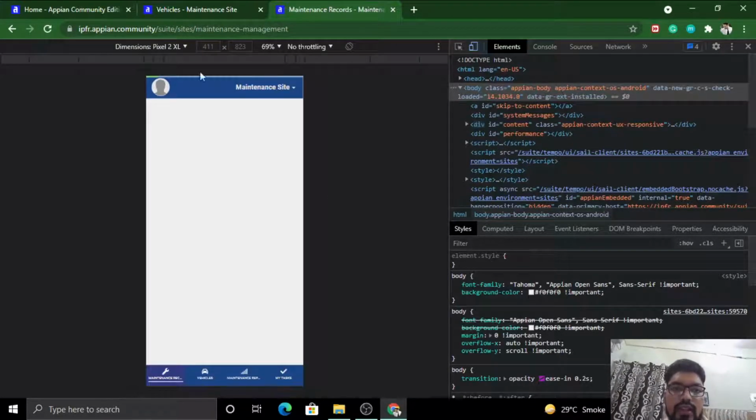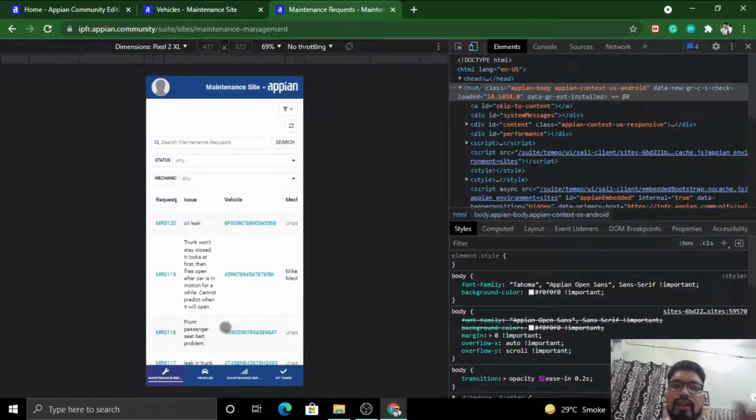Just see the grace with which it has automatically adjusted each and everything. You don't have to take care of everything by writing n number of codes. You don't have to put on responsive, you don't have to enable responsiveness, you don't have to do anything. APN takes care of each and every headache that a programmer thinks is an overhead. So you can access the vehicles, and everything is aligned based on the mobile view of the application.